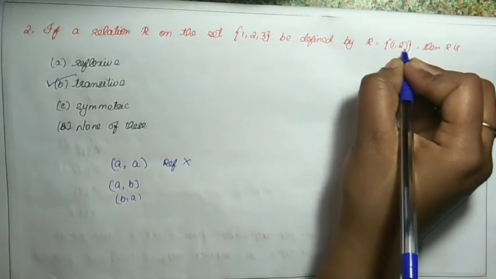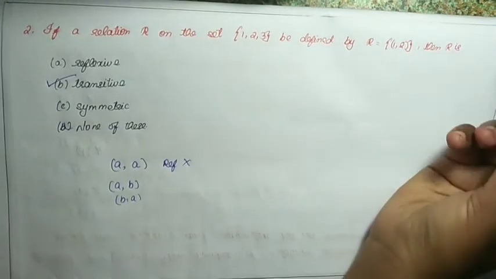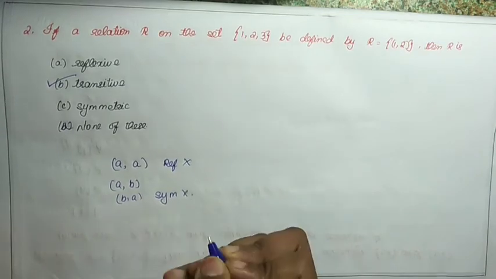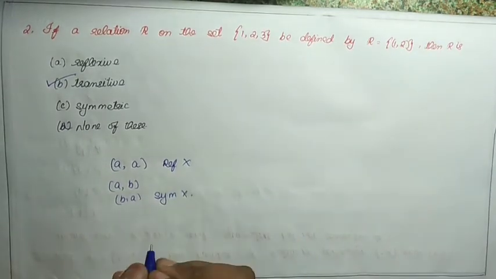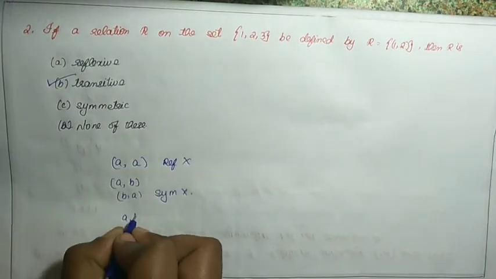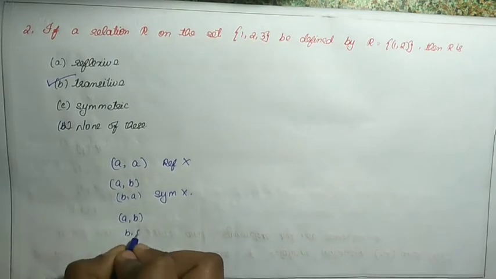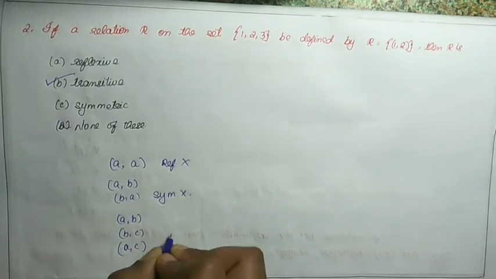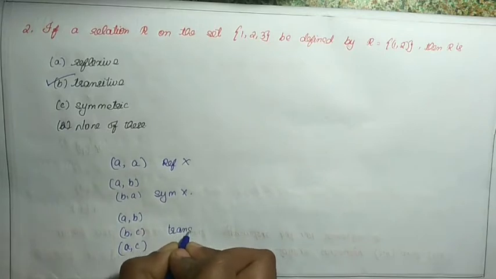Is (1, 2) there? Yes, but (2, 1) is not there. So symmetric also is not the correct option. Whereas if I just see (a, b), (b, c) and (a, c), it is transitive, I will